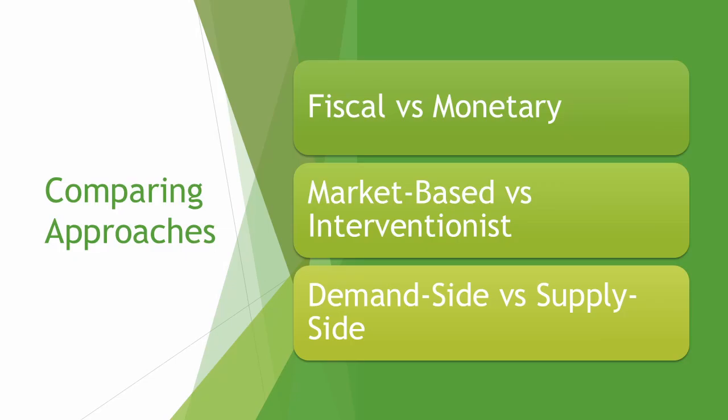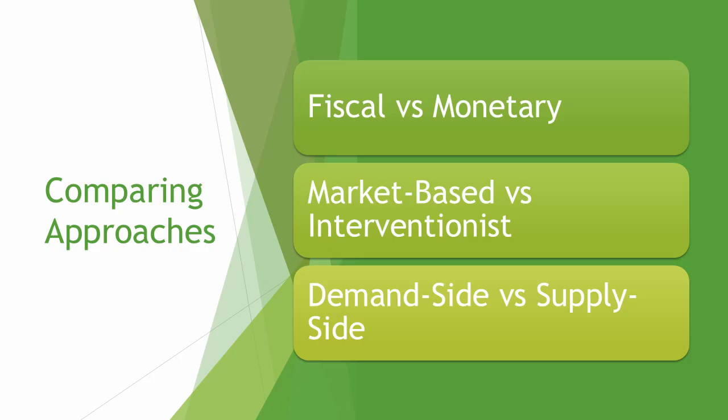Using fiscal policy as a demand-side policy can be more effective than monetary policy, as it directly targets spending and taxation, allowing the government to influence aggregate demand more precisely. However, using monetary policy can be more effective as it can be implemented quickly by the central bank and avoids increasing government debt.